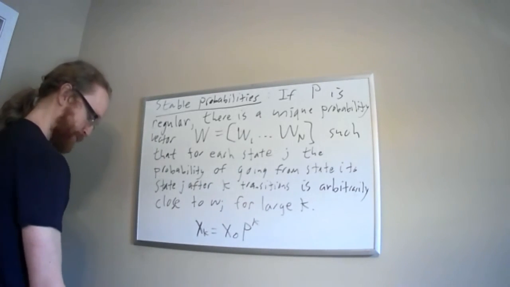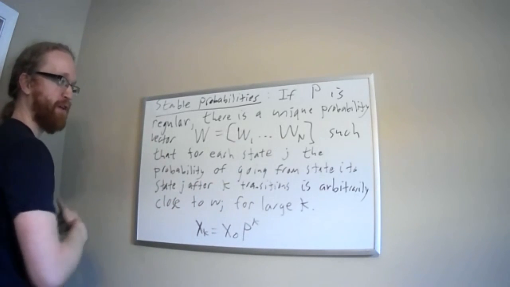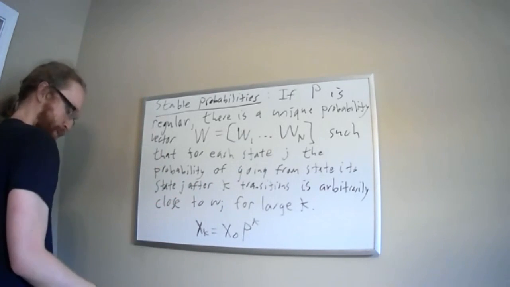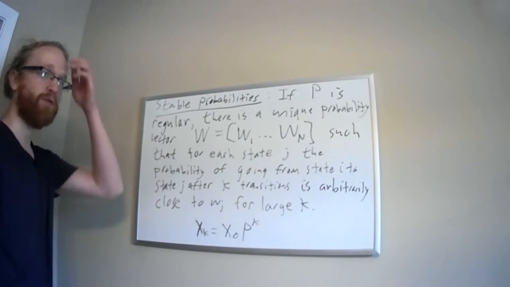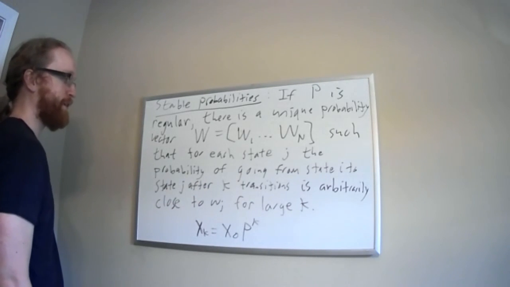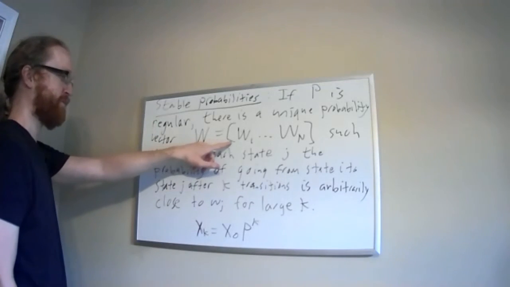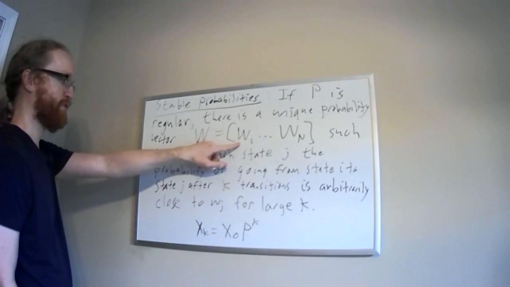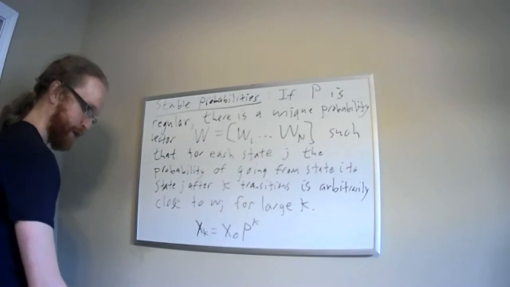Okay, so this is true, what's written on the board, and it's interesting that this happens. But in practice, it's not necessarily the easiest way to think about things, especially in this class where we don't talk about calculus. It's interesting that things tend towards some fixed vector like this, some special vector that captures the long-term behavior of the Markov chain. That's interesting, but it's not very